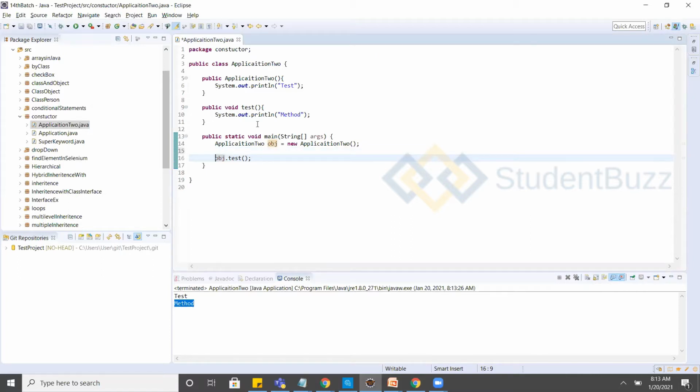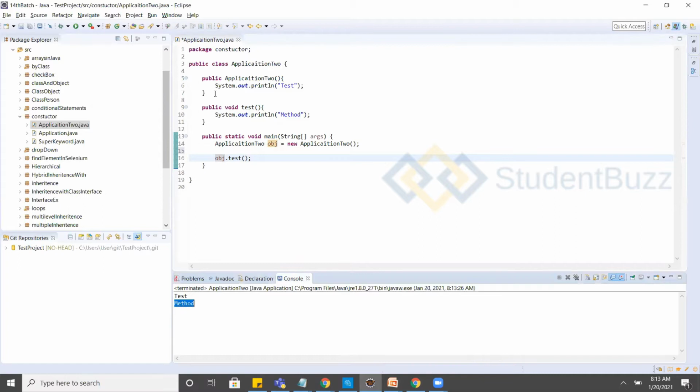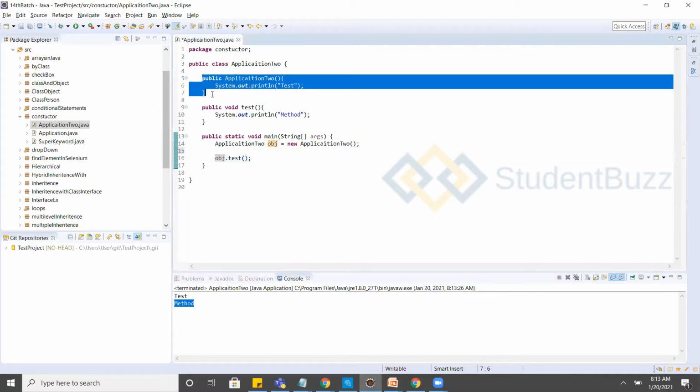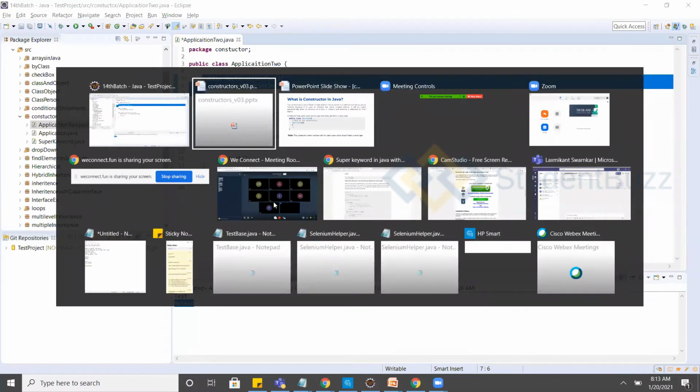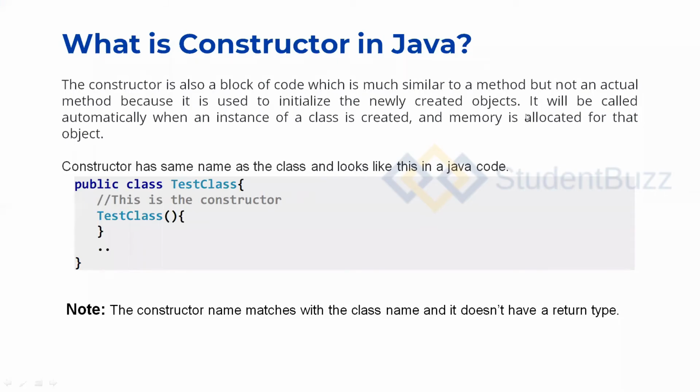You have to call the test method for it to execute. In the case of a constructor, you don't need to call it. It is called automatically when an instance of the class is created, and memory is allotted for that object.